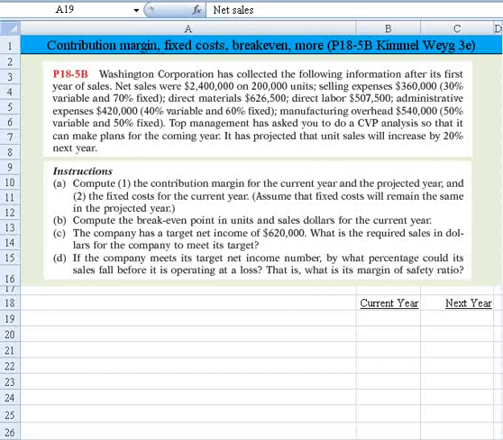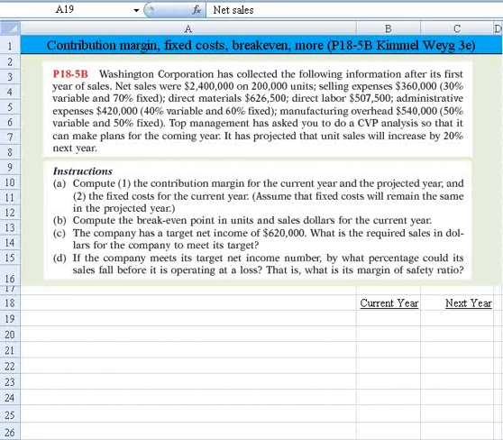Top management has asked you to do a CVP analysis so that it can make plans for the coming year. It's projected that unit sales will increase by 20%. So let's tackle part A first. 1. Compute the contribution margin for the current year and the projected year, and then the fixed cost for the current year. And then on part B, we need to compute the break-even point in units and sales dollars for